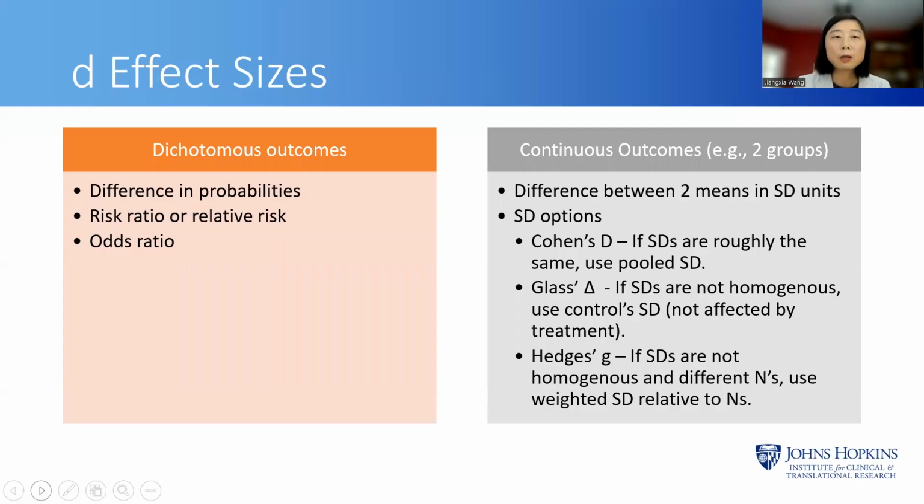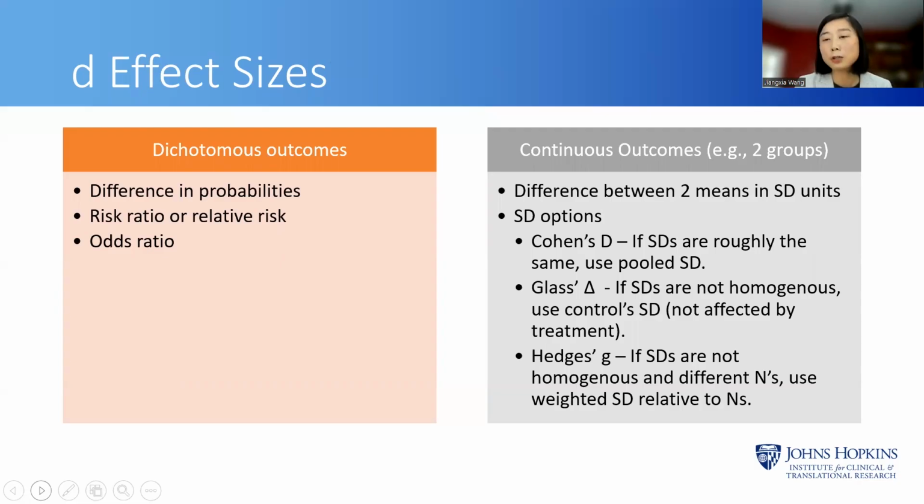So here I'm giving you some examples about d effect sizes. For dichotomous outcomes, some of the examples are the difference in probabilities, risk ratios or relative risk, and odds ratios. And then for continuous outcomes, using two groups as an example, this d effect size is the difference between two means